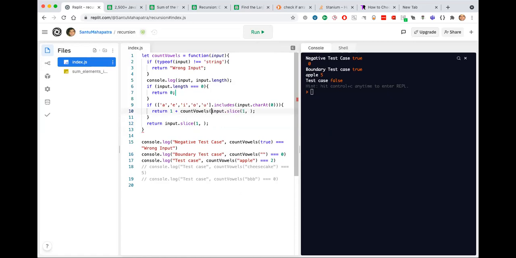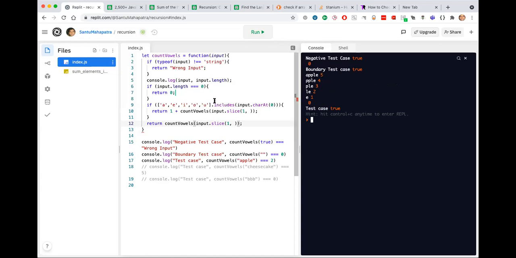I also made this mistake last time. Okay, now recursive call is happening. The first time when it is going, it is apple and the length is 5.